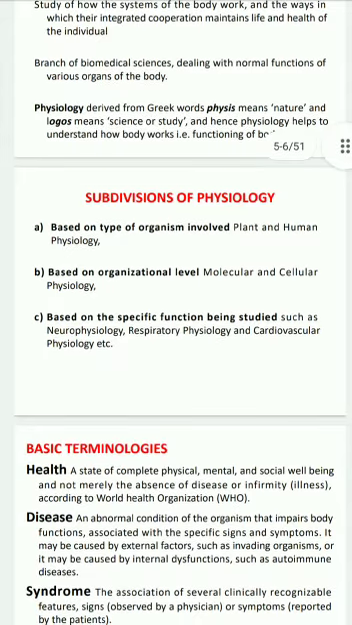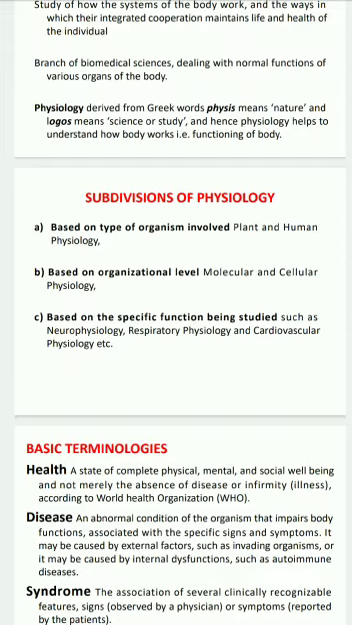There are subdivisions of physiology. Okay, number one, based on the type of organism involved, that is plant or human physiology. Physiology is divided into two types, plant and human physiology. Second, based on